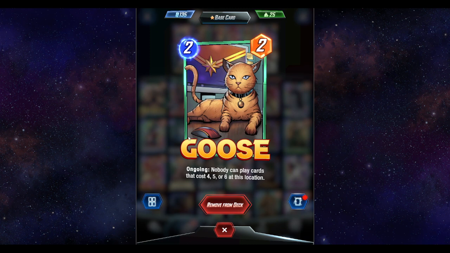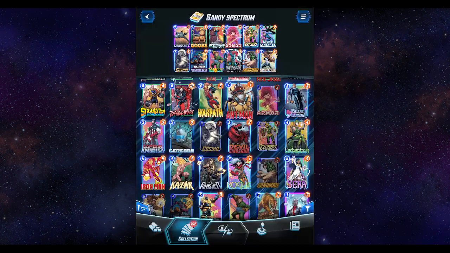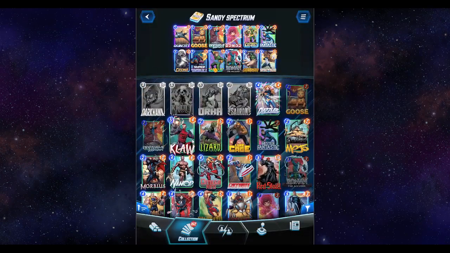Goose is really good against Shuri decks. It literally stops them playing Shuri, which sometimes can be really good, because if you line up Cosmo, Goose, they can't play their Shuri. And they also obviously can't play Taskmaster into it. And Quinjet, lastly, it's kind of good to have a 1-drop. It could be a Sunspot, it could be a different 1-drop, but I kind of wanted to stay on theme,